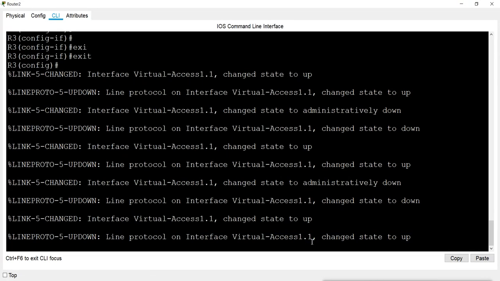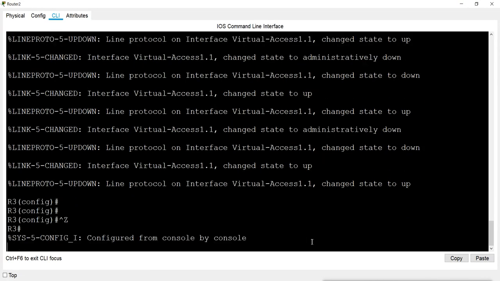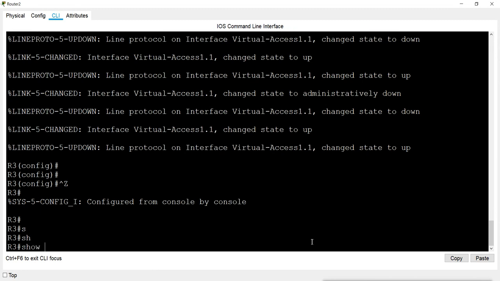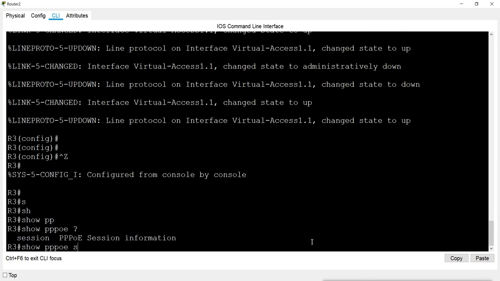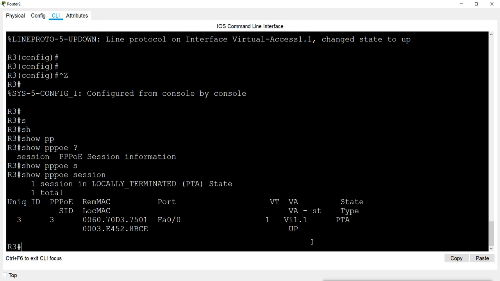We can check PPPoE sessions, and it shows here that there is one connection. One session is locally terminated and total 1.